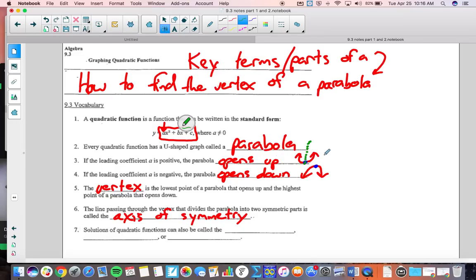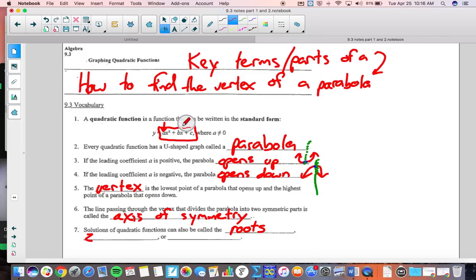It's kind of like a butterfly. Right down the center of the butterfly, the left wing folds onto the right wing and it looks exactly the same. Same with parabolas that face down. Now this one got a little bit away from me, but it should actually look like the left side over on the right side. It should be symmetric. Solutions of quadratic functions are also called the roots